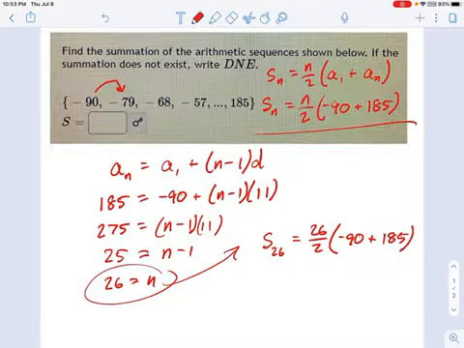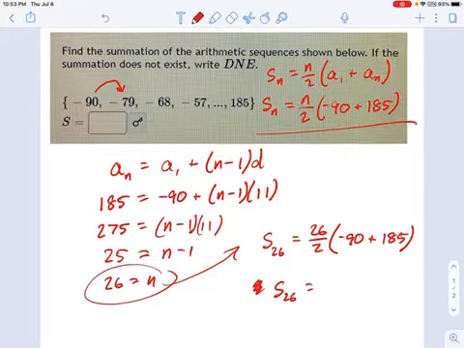Okay, so, calculator time. Negative 90 plus 185 times 26 over 2 is a big number. S26 in this case equals